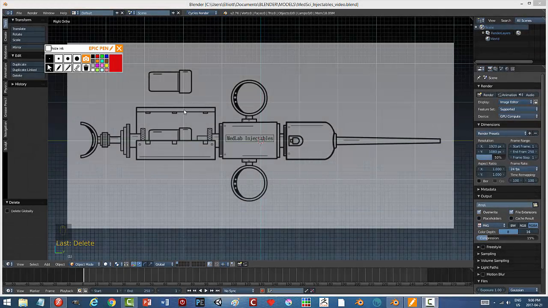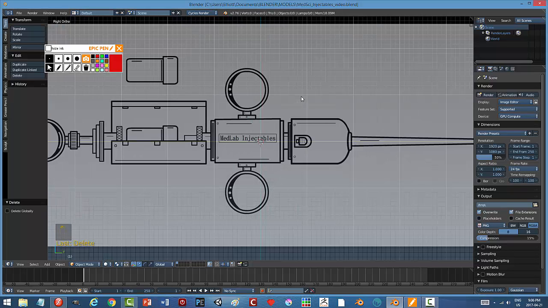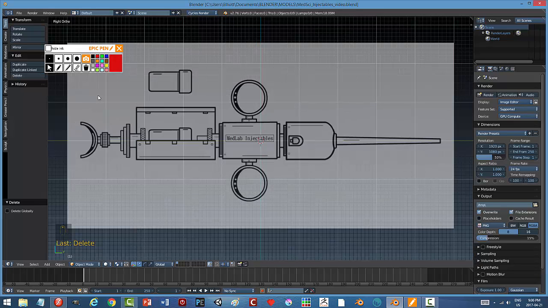I'm going to model this MedLab injectable syringe that I drew in Flash. That's the software that I use to do my drawing. Not really being a graphic artist, it's the best I could do. What this is, sort of a modular